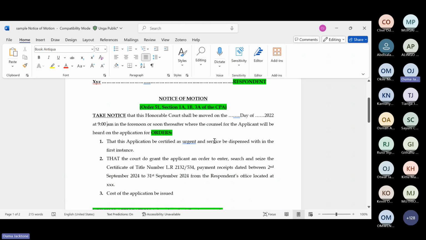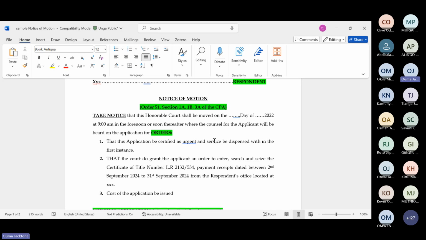Okay, so normally when you prepare it under certificate of urgency, then you have to leave it open. Normally what happens in practice, all certificates are heard at 2 p.m. You file it today, so long as you file it before 12, it will be heard the same day, at 2.